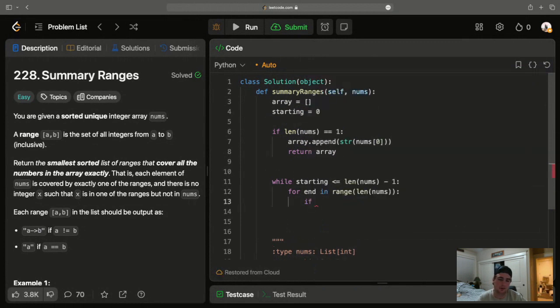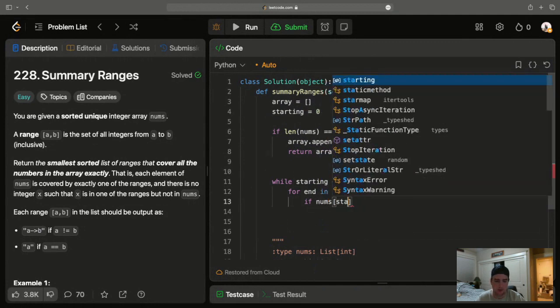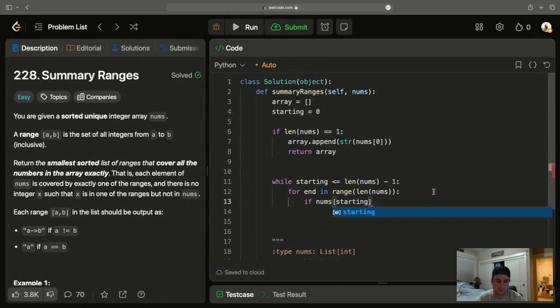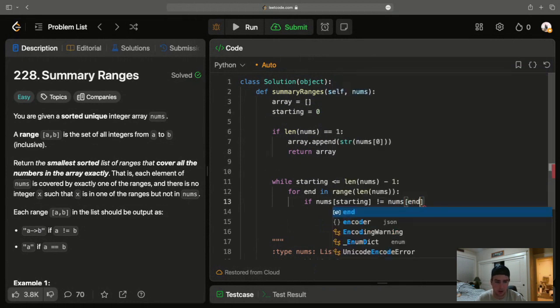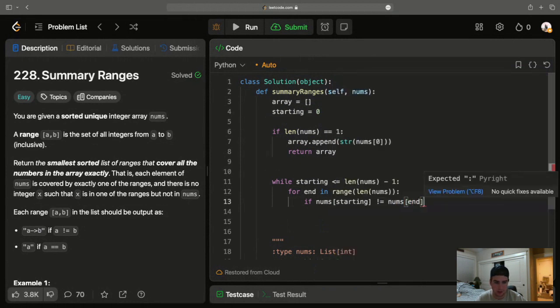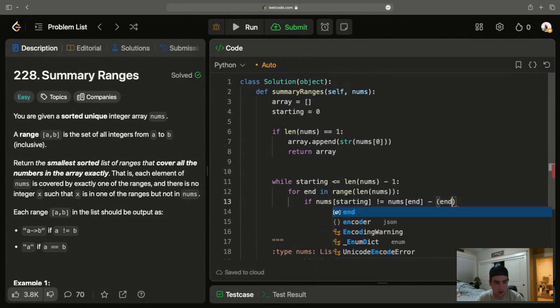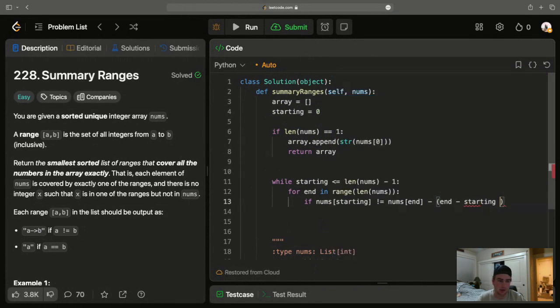So if nums starting is not equal to nums end minus end minus starting. So the reason we're doing this is because